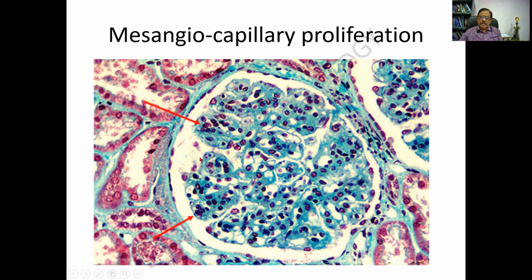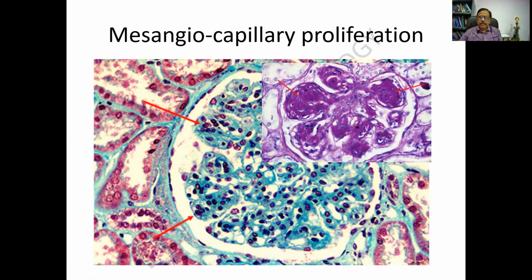After all, the glomerulus is supposed to be a tuft of capillaries, and I find a lot of them are there because it is proliferating. And the dark blue areas are the mesangium, and that is also multiplying. And hence it is called mesangiocapillary proliferation. Both are shown by means of the arrows. Later on, if it is untreated, it can go in for some kind of fibrosis. The entire thing is sclerosed and there is obliteration of the lumen. This is called mesangiosclerosis.